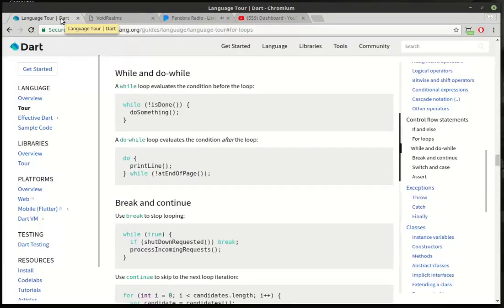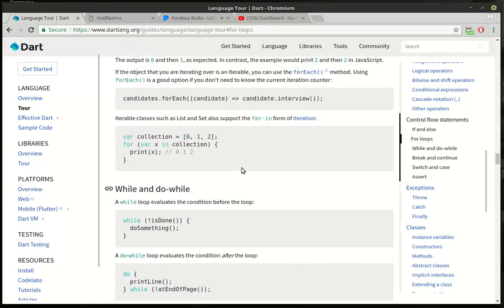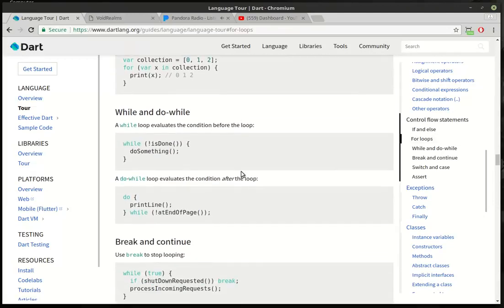Today's just been nuts, so forgive me if I'm a little scatterbrained. But we are going to pick up where we left off on control flow statements, and we're going to be looking at the while and do along with the break and continue, and we're going to touch on the for loop. So if you're reading along in the official documentation, you can see there is this while and do while